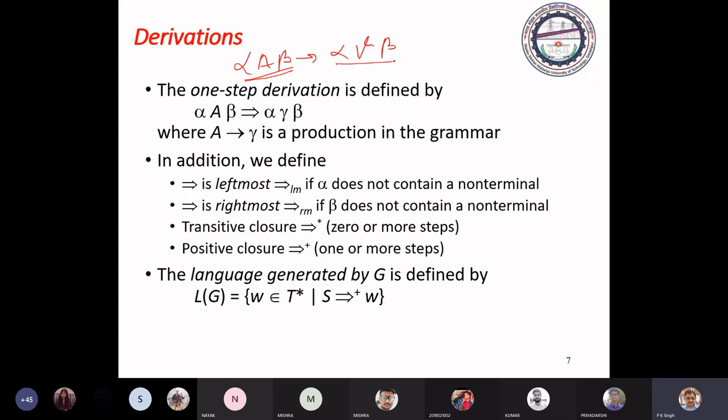You can get the second sentential form if A to gamma is a production in your grammar. What we have done is replaced the left side A by its right side gamma.